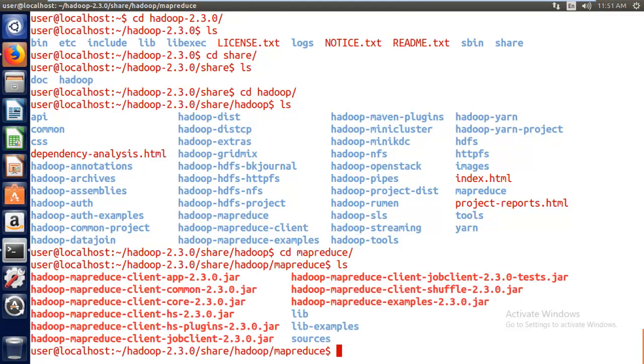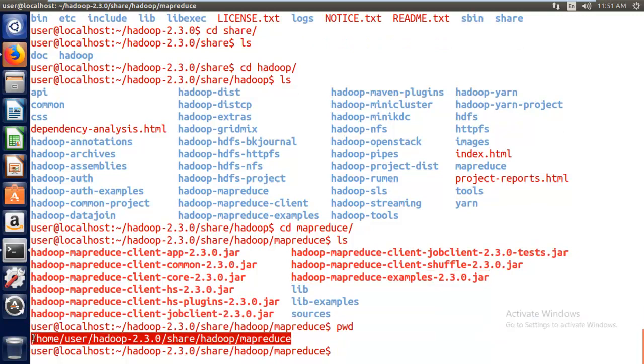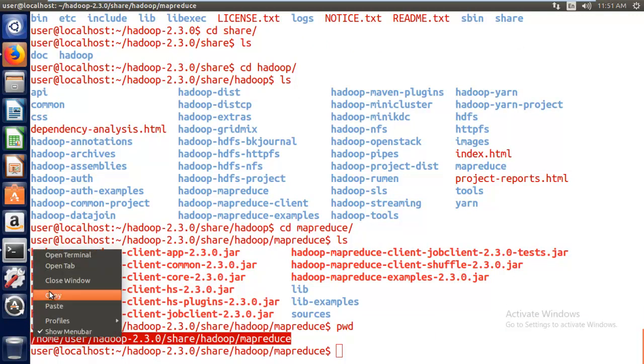And if you say ls once again, here you can see this hadoop-mapreduce-examples-2.3.0.jar. So this is the location. For your reference, I'll be copying this location.